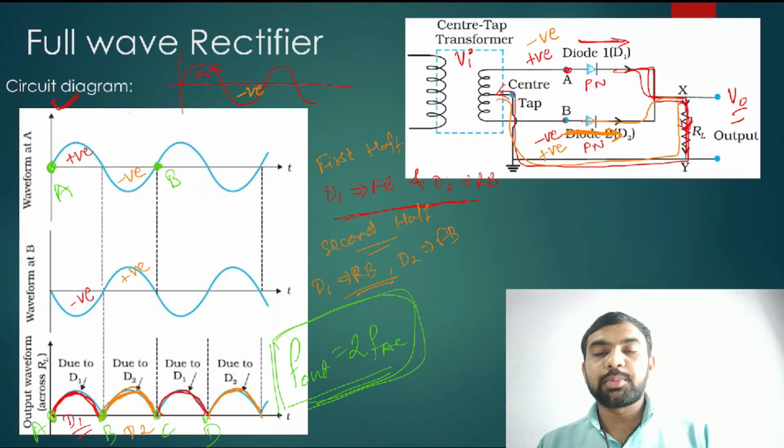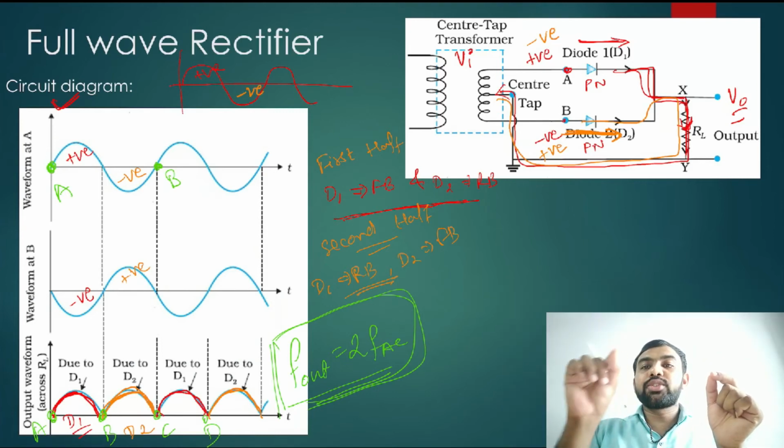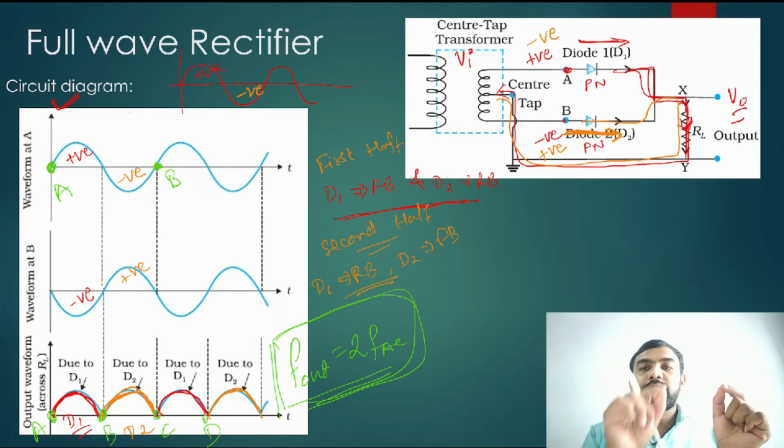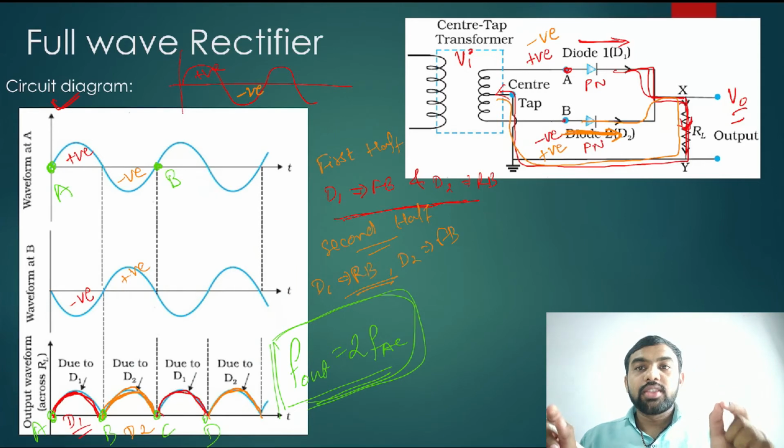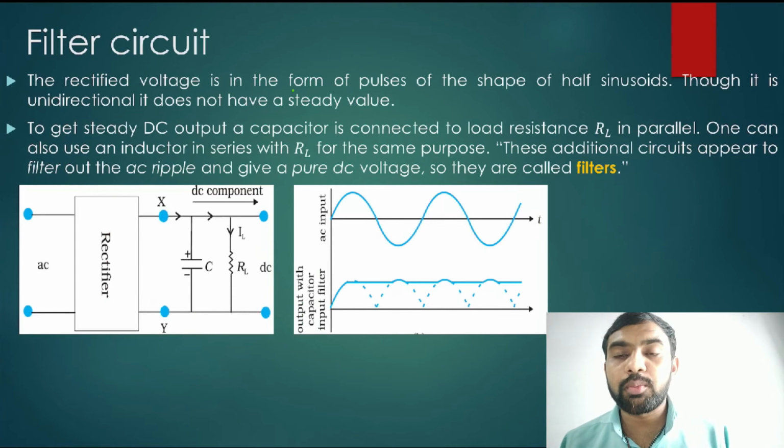See, it is pulsating DC. It's not a constant direct current. Direct current is like this. Now its current is like this. It's unidirectional but pulsating. It's continuously changing. Then we use the filter circuit in this rectifier. At the output of the rectifier we use the filter circuit like this. So that is quite an important thing.